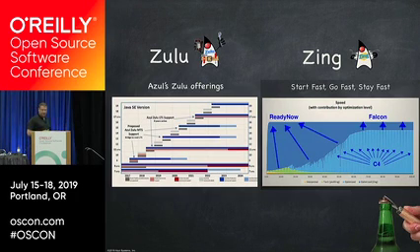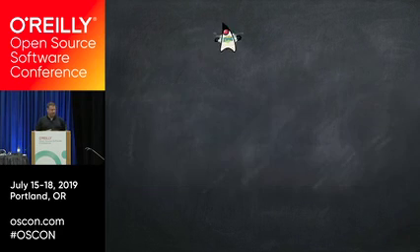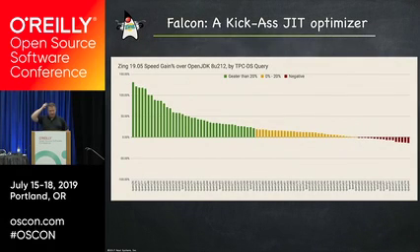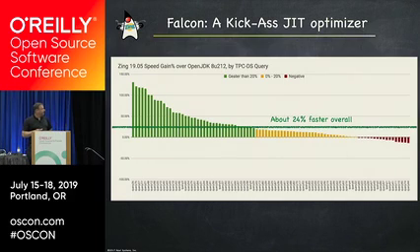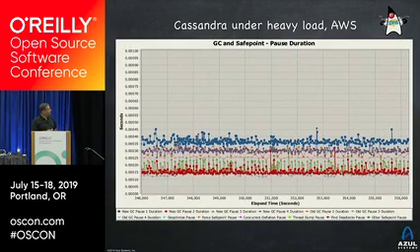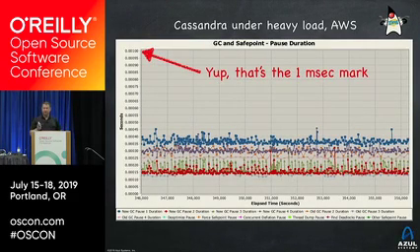Xing, as I said, is about bragging with metrics, right? So here's some metrics. This is Spark running the TPCDS benchmark. This is 90-some different queries of TPCDS and how we score compared to OpenJDK on them. The average of this, the geomean, is 24% faster. That's 24% less CPU or fewer machines or smaller AWS build to run the same Spark workload. So it's simple. Our garbage collector is something that's pretty unmatched out there. It's been around for a while. People probably know us best for this. Yeah, that's the 1 millisecond line for Cassandra and AWS.